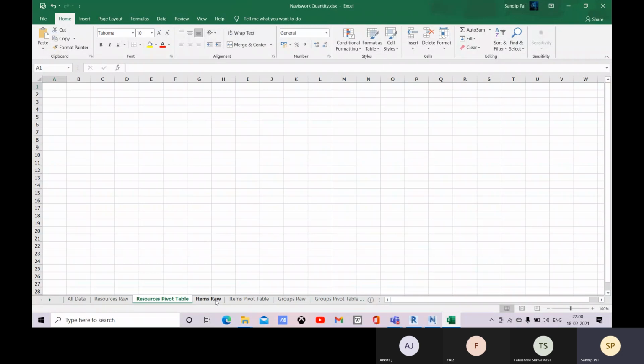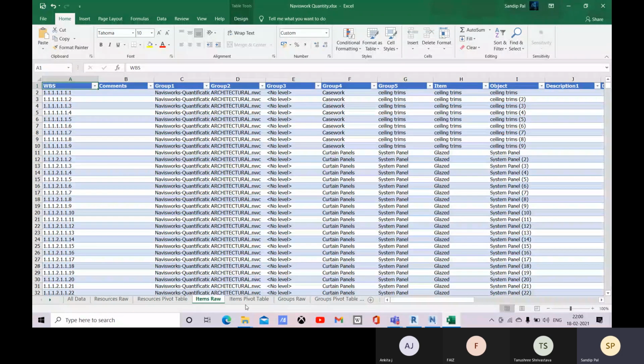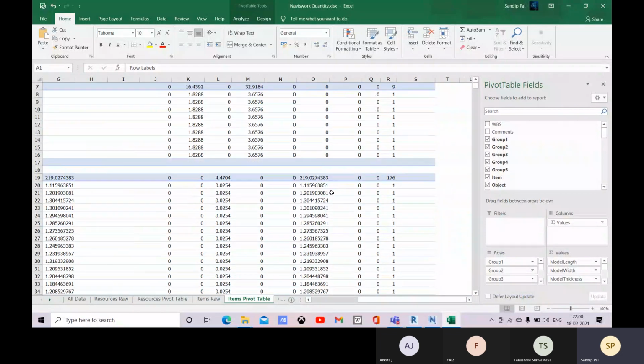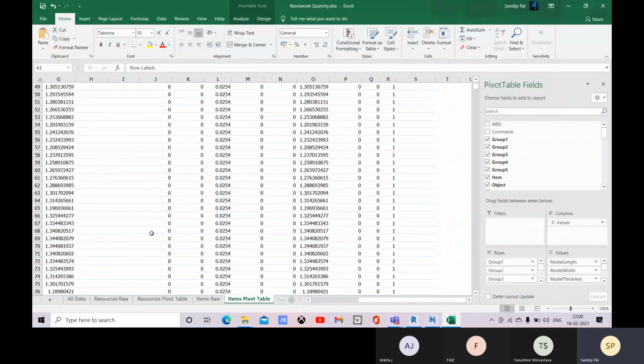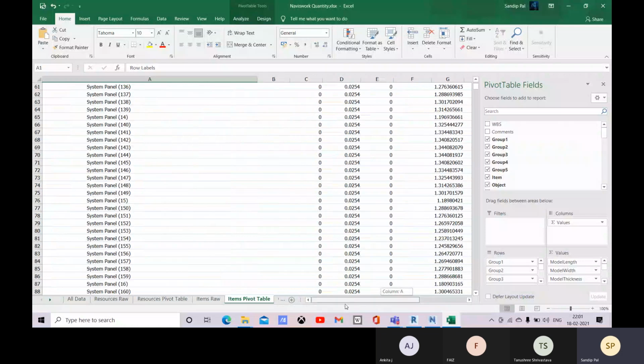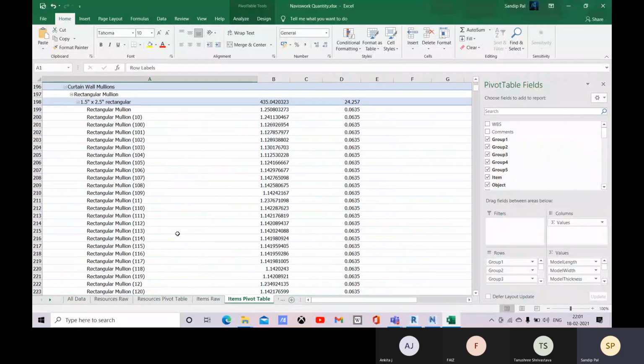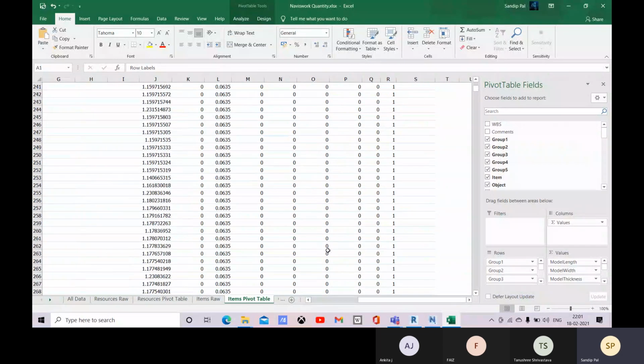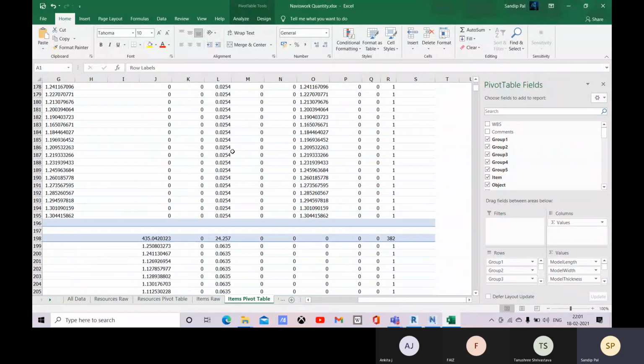Okay, this is your items. There you see all these things you are getting. Now you can customize.